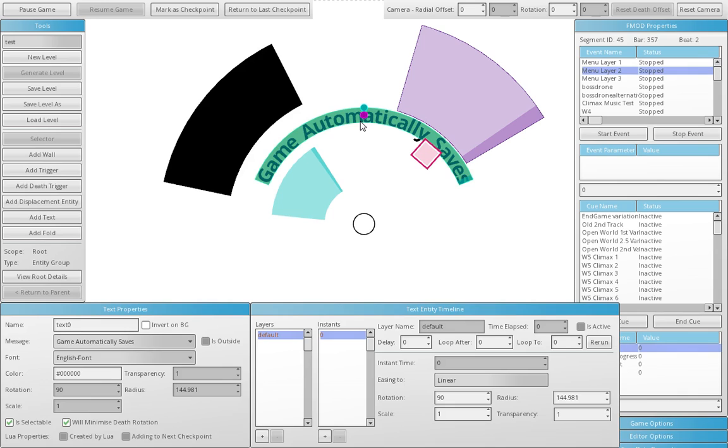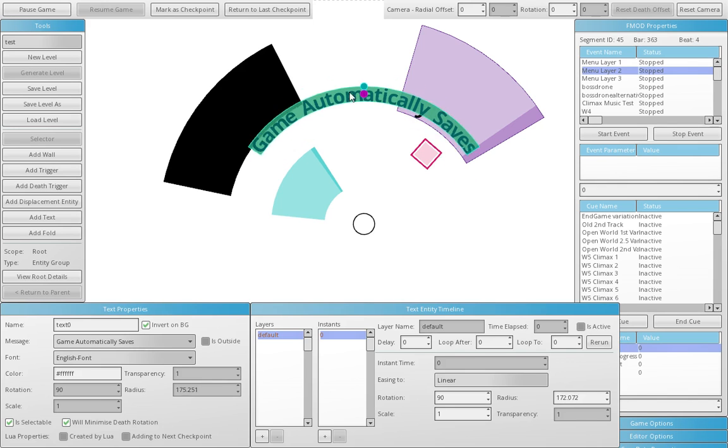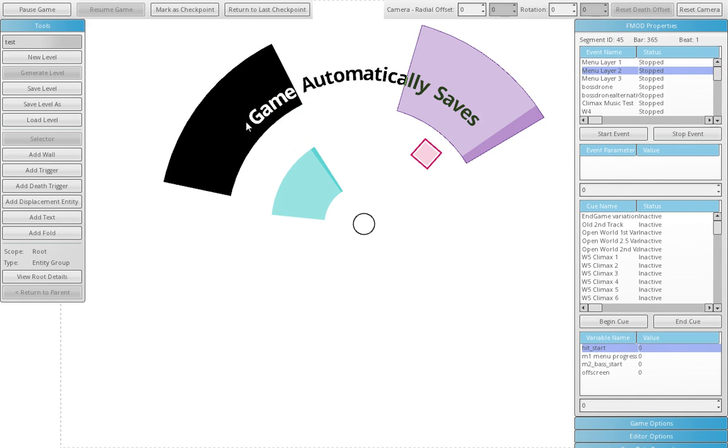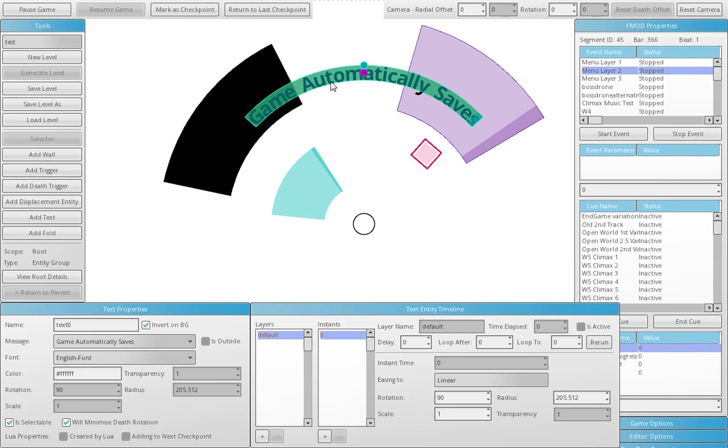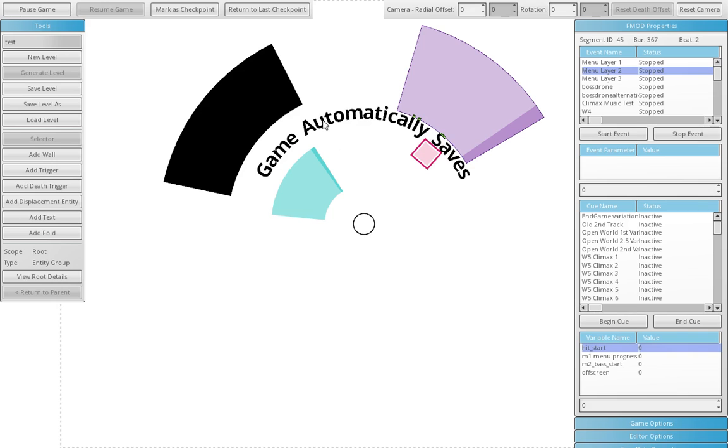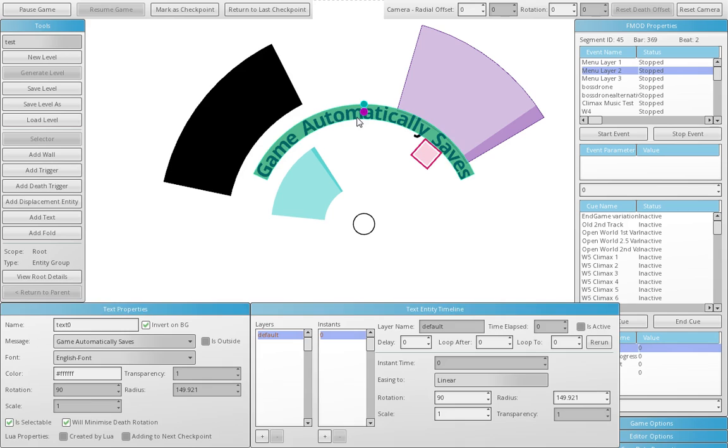The file is in XML. The formatting is pretty straightforward. It supports Unicode. So you go here, you can describe this entity, give it a name. You can select if it inverts on the background. So if it does this, black on white, white on black, that kind of thing. You can even see it here in this outline. Anyway, you can select the color of the text, and then through the timeline, you can modify things like